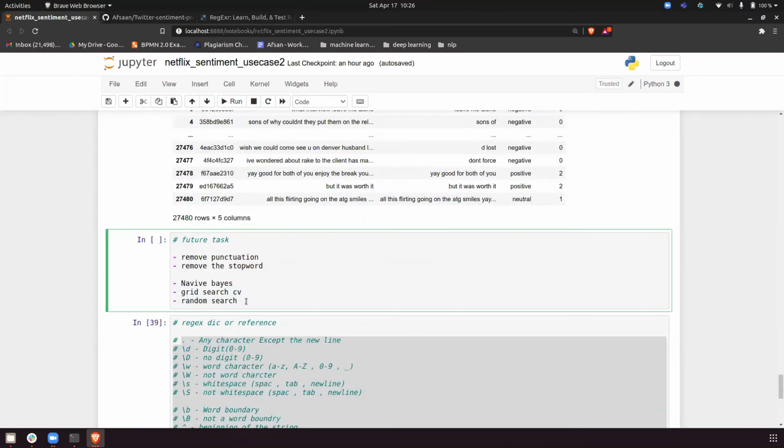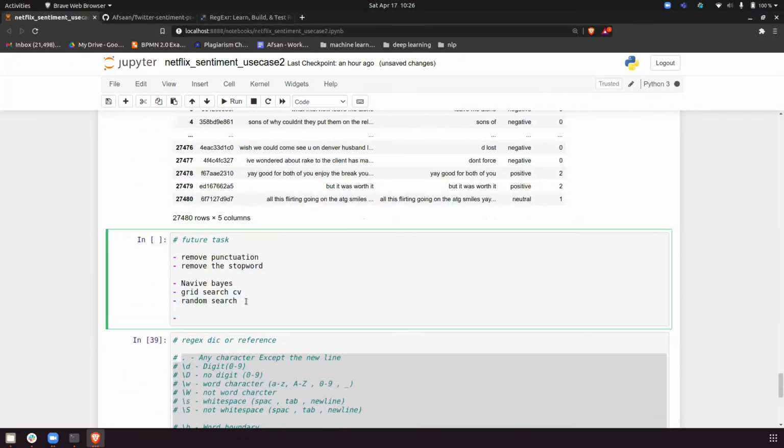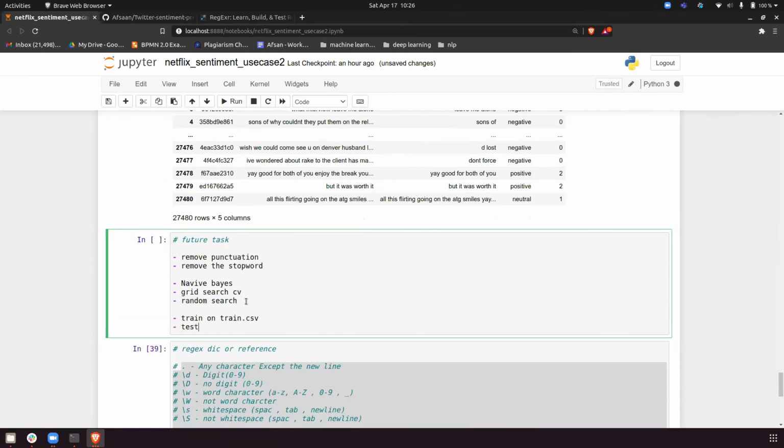Then what I have done is I just used the train data for testing as well as training. What you have to do is train on train.csv and test on test.csv.